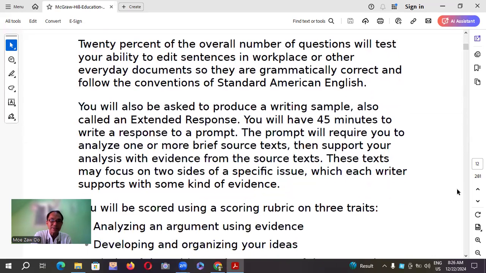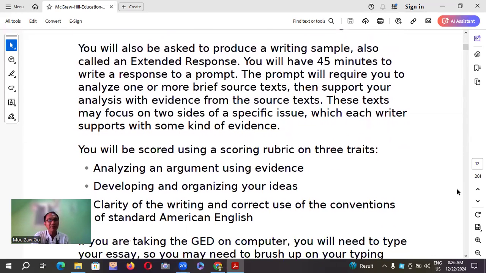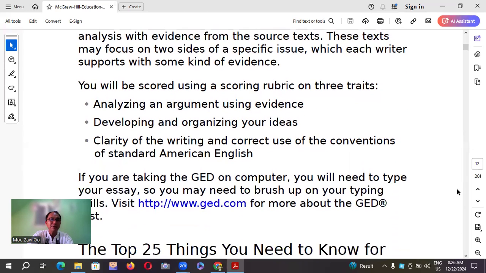You will also need to produce a writing sample, also called an extended response. You will have 45 minutes to write a response to a prompt. The prompt will require you to analyze one or more brief source texts, then support your analysis with evidence from the source text. These texts may focus on two sides of a specific issue, which each writer supports with some kind of evidence. You will be